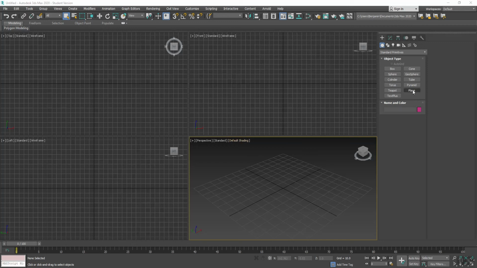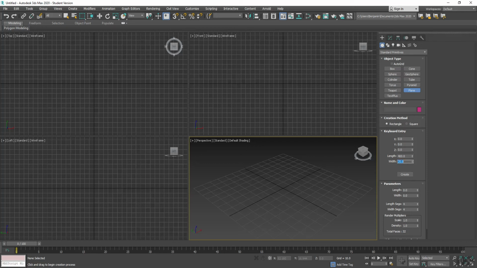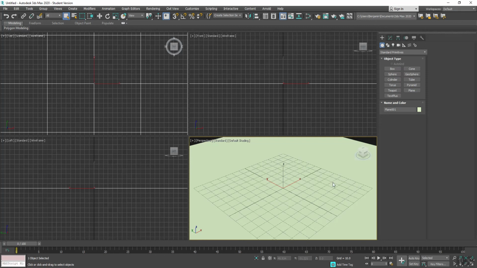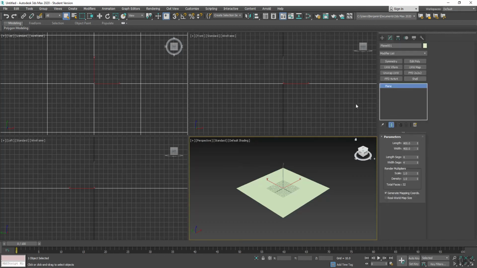So I have an empty scene. I'm just going to make a plane here in the perspective view, and I'm going to make it 400 units by 400 units. That's length and width. And I'm going to hit create. Right click, hit Z to zoom out. Now, when you create a plane, double check to make sure generate mapping coordinates is turned on, which it is by default. And now this simple flat square plane is perfectly set up for us to bake out a texture. So let's call this